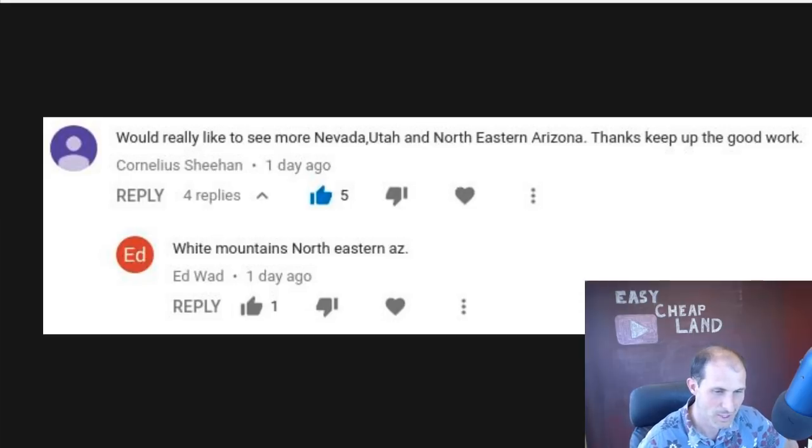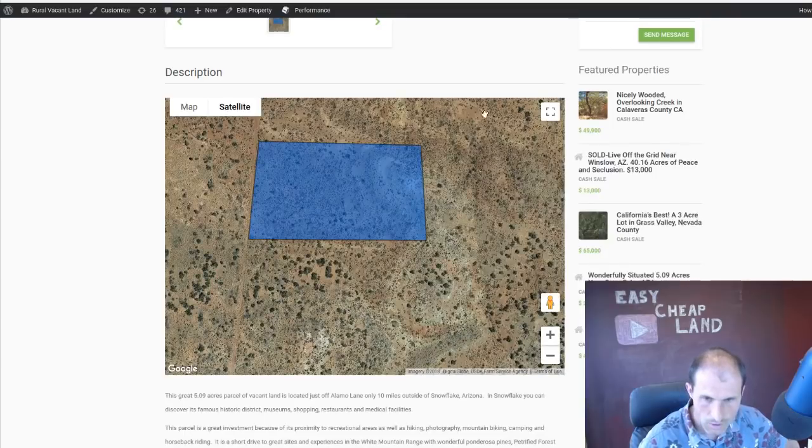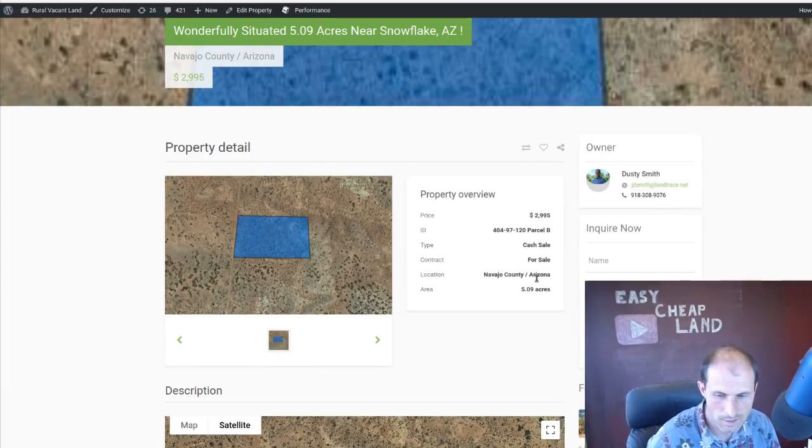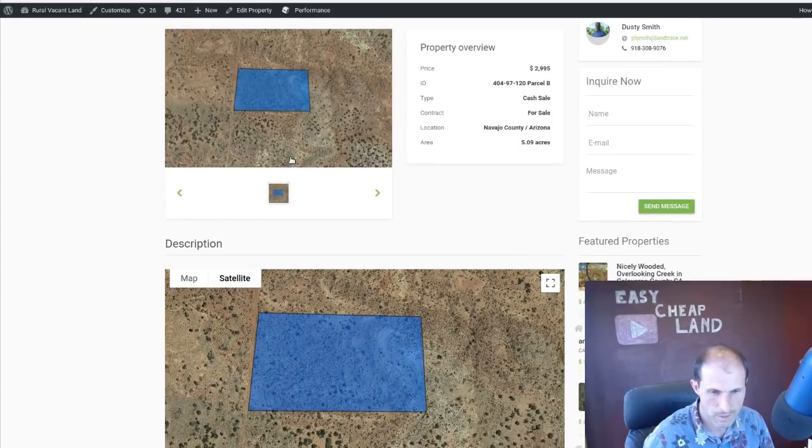Okay, here we go. So here's one that I have. This is northeastern Arizona. This one is owned by Dusty Smith. He is the dealer on this property. His phone number is 918-308-9076. He can answer questions about this one. His email is on here, jdsmith@landtrace.net. He's asking $2,995 for this property, and it's a little over 5 acres, and it's on a little road,